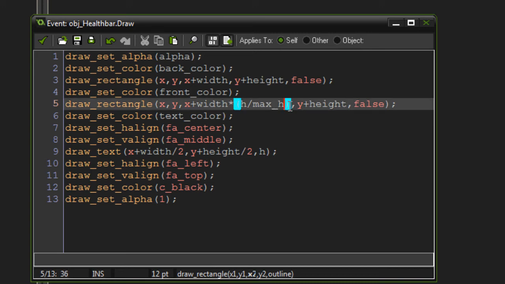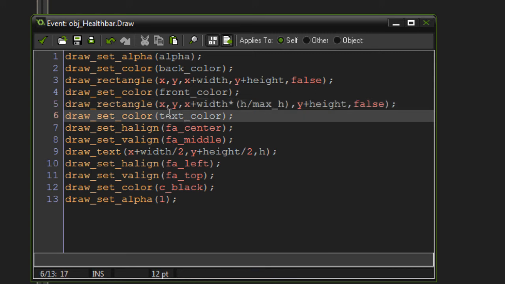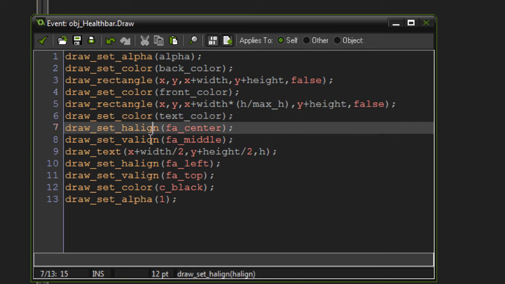Make sure you put those in brackets too, because of order of operations and such. And then in the next argument, y plus height, which is just again making sure that the bar gets drawn at the right height, and then false for the outline again to make sure that it's a solid rectangle. Okay, we then set the draw color to our text color, and then we set the horizontal